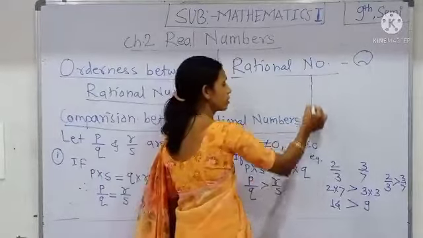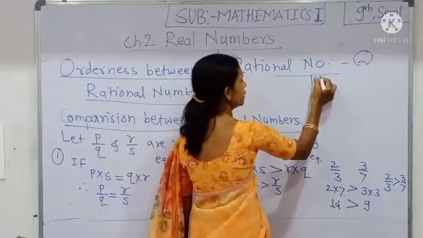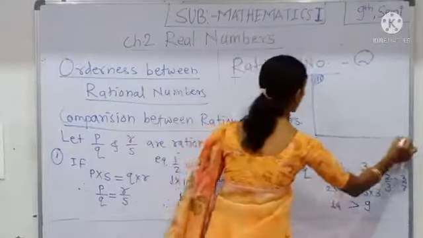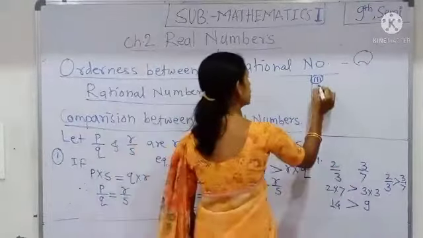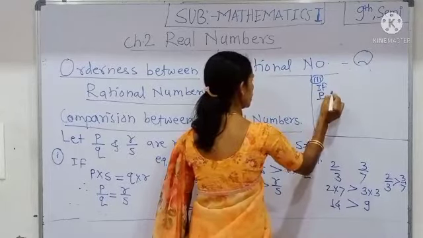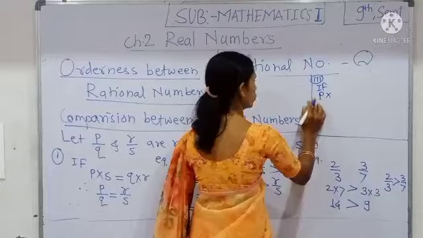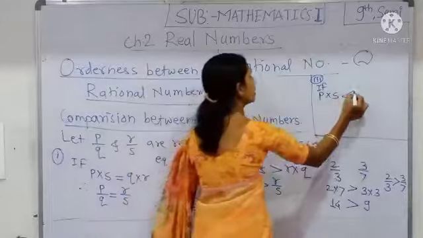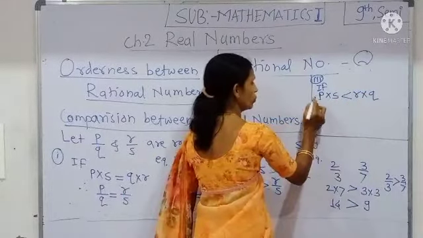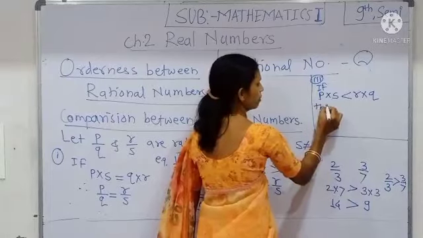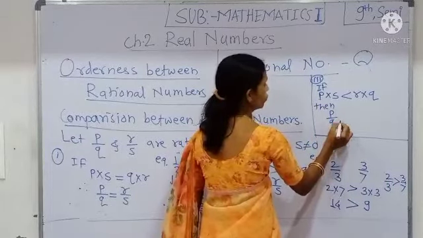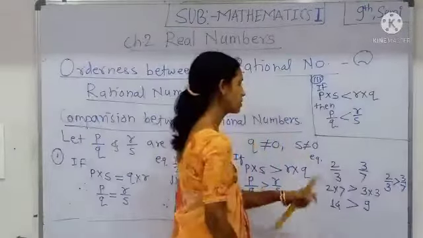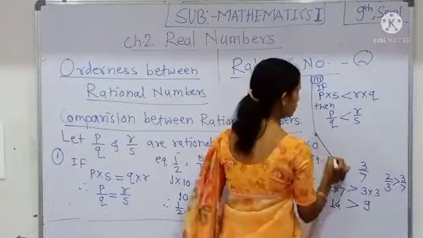One more possibility is there, that is the third possibility. See here, the third possibility, that is if P into S is smaller than R into Q, then P upon Q is smaller than R upon S. See here, for example,